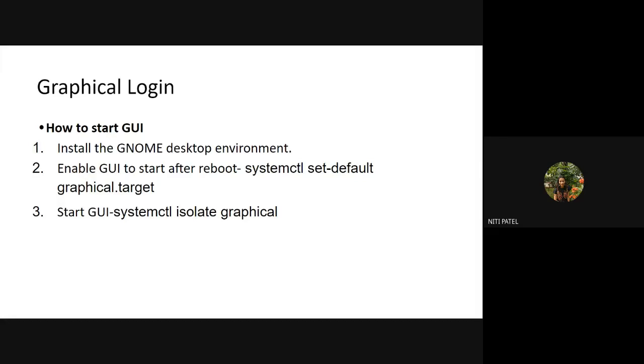How can you change it? By using the command line. You can type a command in the command prompt and change the interface to GNOME. What command are you supposed to type? You are supposed to type this command: systemctl set-default graphical.target. When you type this command, it will by default set the GNOME GUI interface inside your system. When you press enter, it will ask your system to reboot. After your system is rebooted, you will find the GNOME interface. So this command is for GNOME.